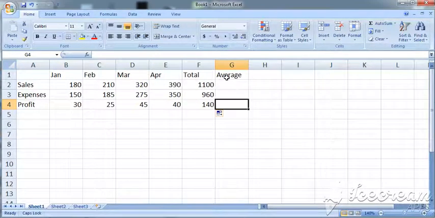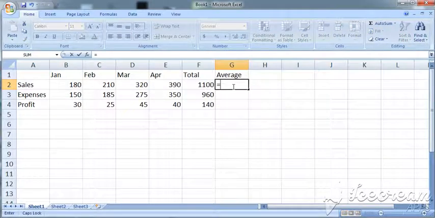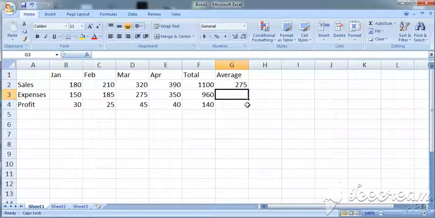And next, how can we calculate the average? So for average, what do we first need? The total values. So click on your average cell, start with is equal to. Now you have to select the total value cell and then divided by how many values you have? Jan, Feb, March and April, means 4, and then enter. This is the average. You can copy with the drag option.